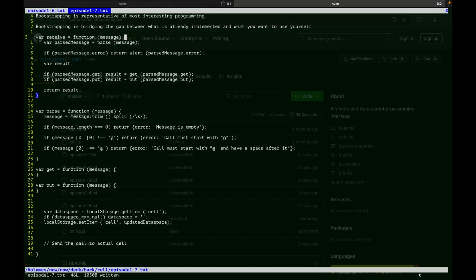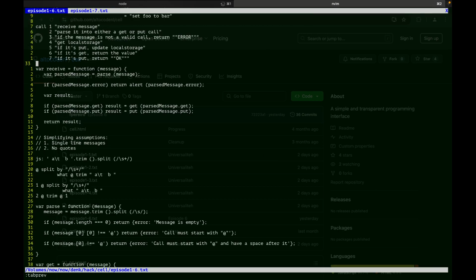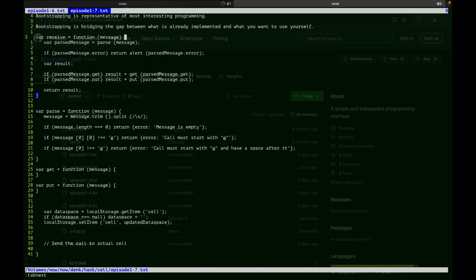So we have a receive function, which is the one that receives a call. We're going to implement something where we send text to it. We send text to receive.